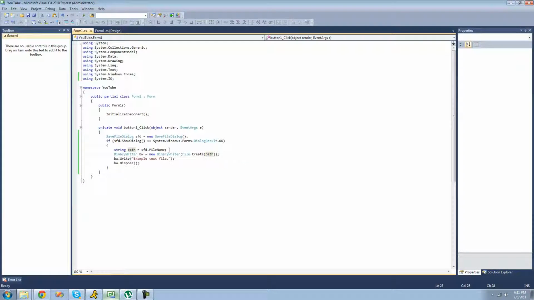There are a few different things that you can do to your save file dialog. Say you want to change the title of it, or only allow them to write text files, which is what we're going to be looking at first. So just like the open file dialog, you can create a filter, and just as an open file dialog only allows you to open files with a certain extension, the save file dialog only allows you to save files with a certain extension. So if we do sfd.Filter,